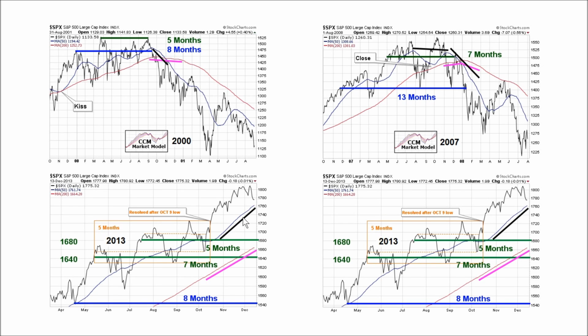Look at the slope of the 50 in the present day. The slope of this black line looks nothing like the slope of this black line. The slope of the 200-day, as the bear market kicked off, here's your slope of your 200-day. Here's the slope of the 200-day in the present day. Everything I just said applies to the peak in 2007 as well.